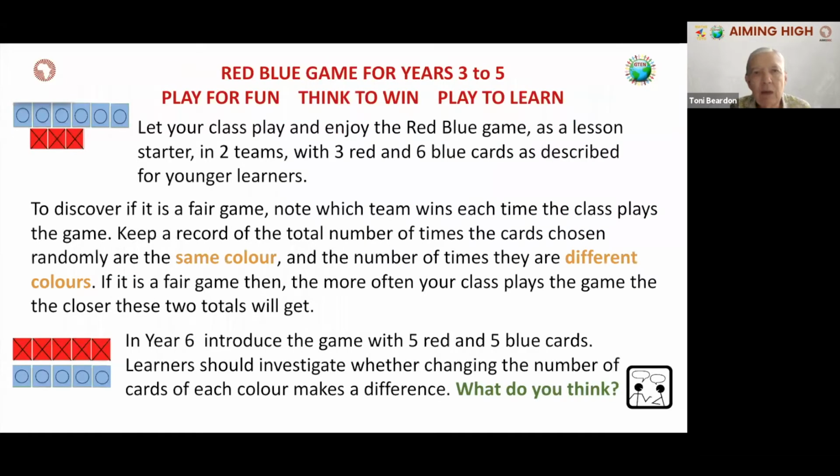But then when we come on to a little bit older, at first it's just free play, playing for fun. But then after a while, we can begin to introduce this question that we've already been asking today. Is this a fair game? You can talk about it being a probability experiment. We're going to see, by playing this game lots of times and keeping a record tomorrow and next week and